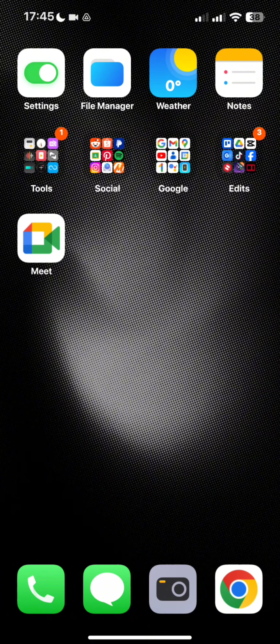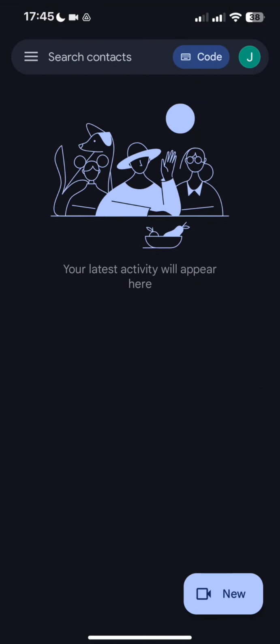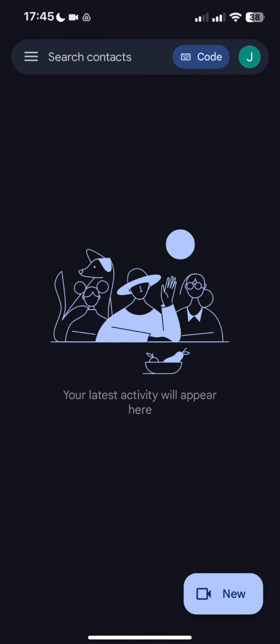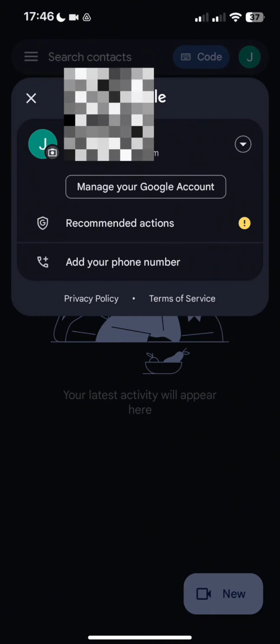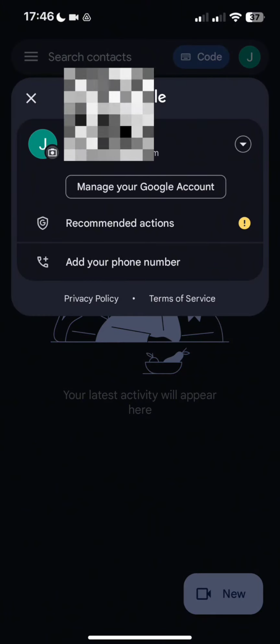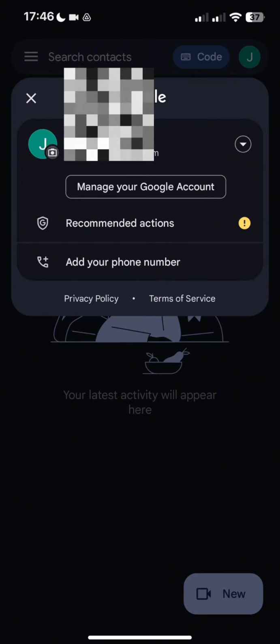So first, head into your Meet application and then make sure that you have already logged in the right Google account for use. I want you to click the profile icon that you can see in the top right corner of the screen. And after clicking this, you will see this tab, which is indicated as Add Your Phone Number. Click this,